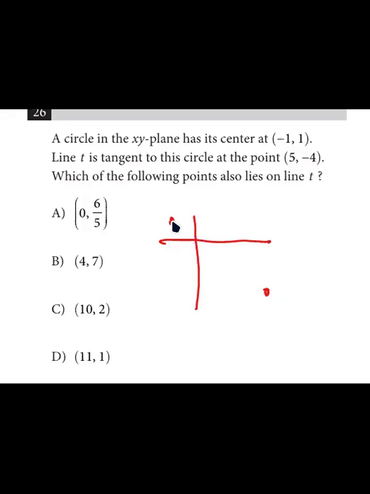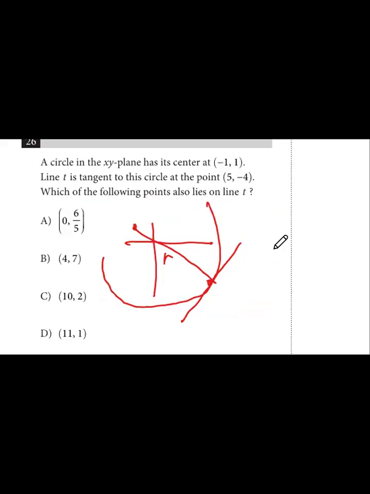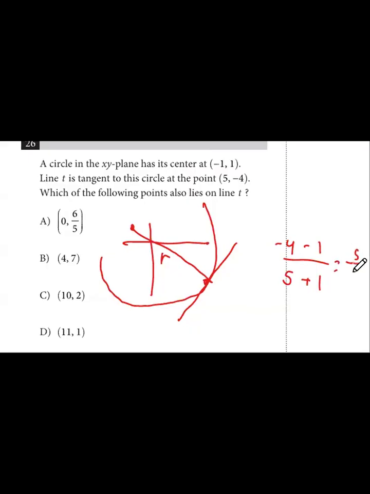And we're told that it's a tangent line to the circle. So that'd be like this. This would be the radius, and the circle would be like this, etc. So, which of the following points also lies on line T? Well, in this case, we have the 2 points. So we would just do negative 4 minus 1 over 5 minus negative 1. So that's just plus 1, which is going to be the slope is going to be negative 5 over 6